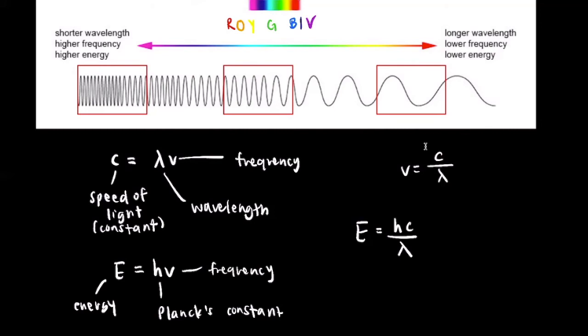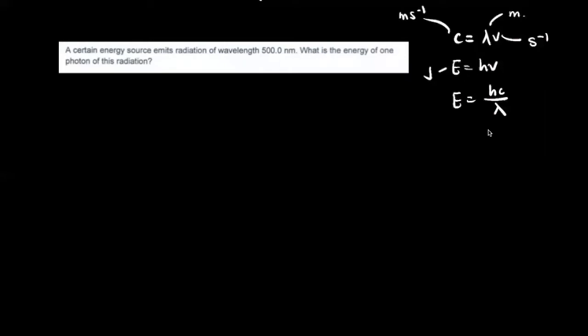And how do we apply this into a question? Let's take a look at this question. Let me write down the formulas here. Now, one thing you have to note is to convert everything into SI units. So wavelength, lambda, is given in meters, frequency in 1/second, and energy in joules. The speed of light is in meters per second, and Planck's constant is in joules second. So let's look at this